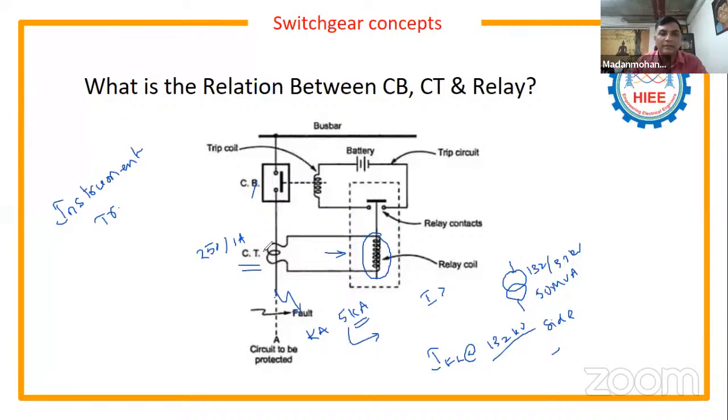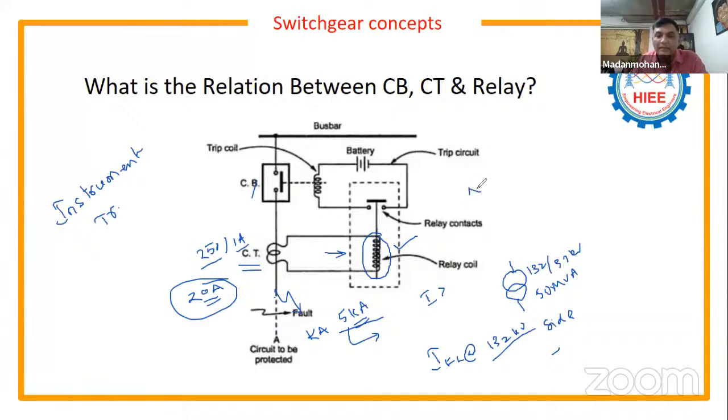So obviously your CT secondary current would be ratio times. Understand? When 250 amps is flowing in the primary, 1 amp will be the secondary. When 5000 amps, obviously 20 amps will be your CT secondary current. So under the fault condition, when the same fault current is given to the relay, here the point is